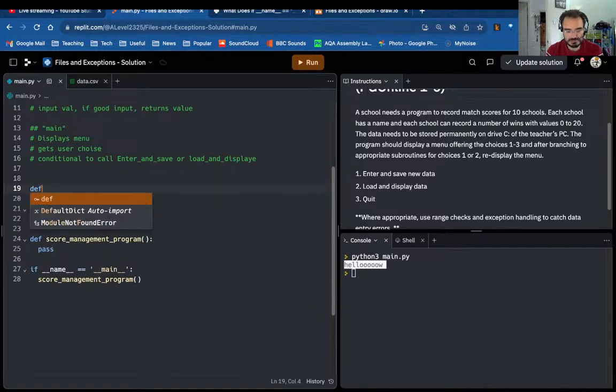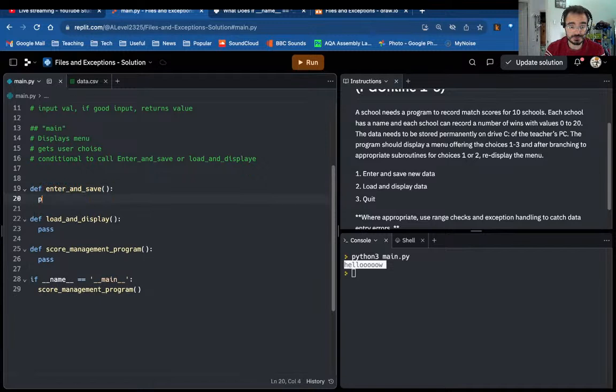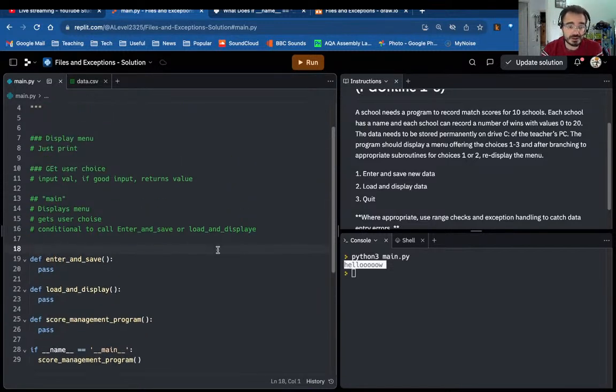We're gonna have def enter and save, which also takes no argument, pass. We take the argument, the file name, but whatever, right? The main is this stuff. So let me actually, okay,